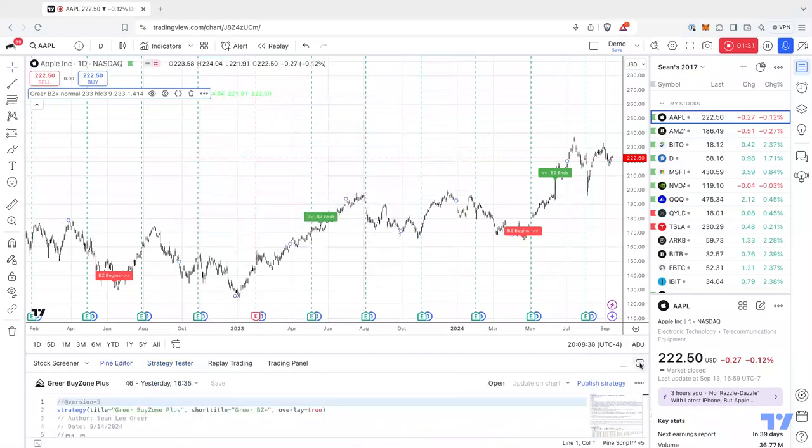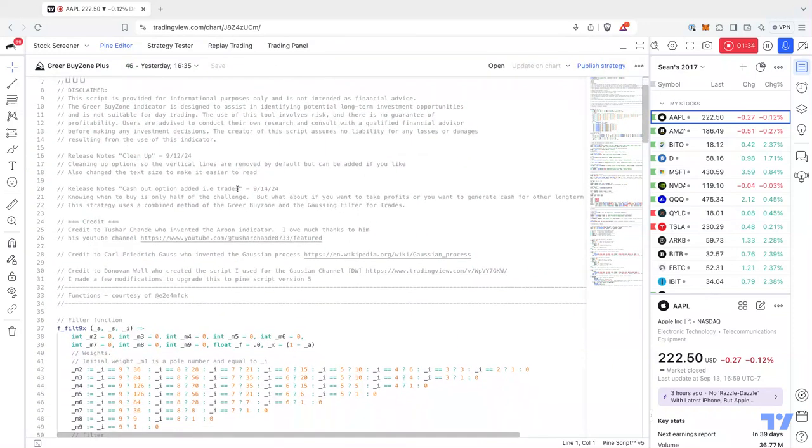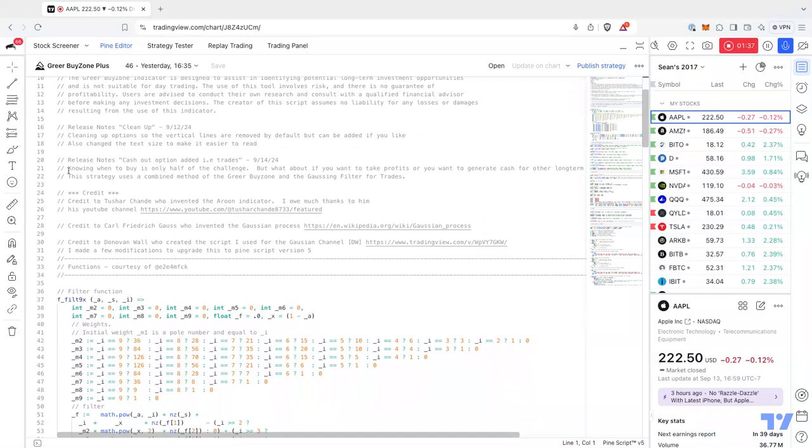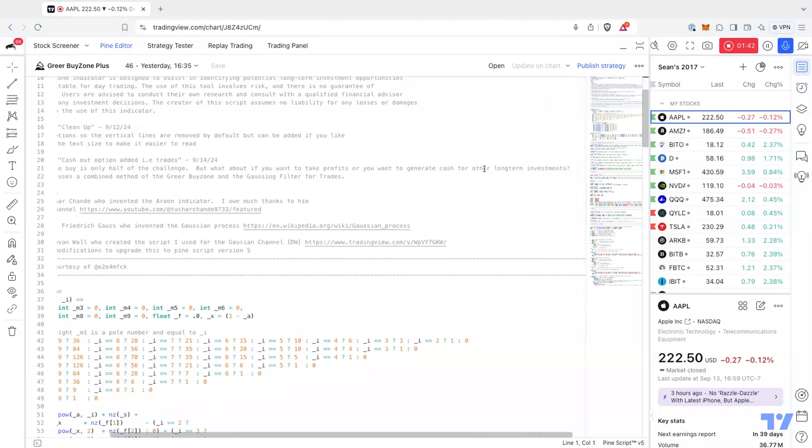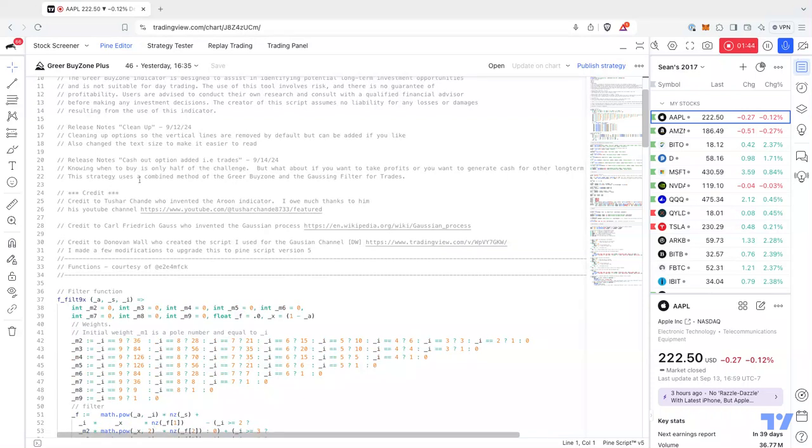Basically, what I did was write this: knowing when to buy is only half the challenge, but what about if you want to take profits or you want to generate cash for long-term investments? What I do is I use a strategy with the Greer Buyzone tool using the Aroon indicator and the Gaussian filter for trades. And I put in credit comments here to Tushar Chande, who invented the Aroon indicator, and Carl Friedrich Gauss, who invented the Gaussian process, and then Donovan Wall, who actually wrote a script using the Gaussian